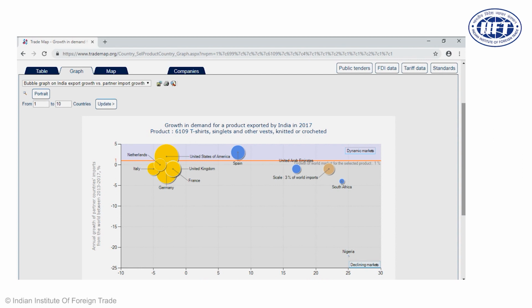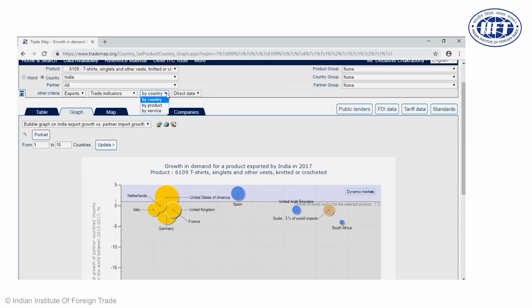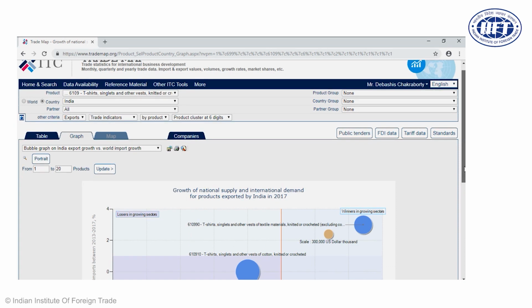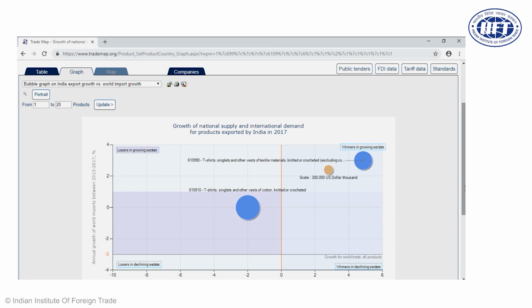So Spain is a dynamic market, a blue market which can be targeted in the short run. Germany is a declining market and yellow market, so it might be looked at in the long run. So a dynamic market blue can be targeted in the short run. A dynamic market yellow can be targeted in the long run. Now instead of country, if we go for product selection, we are going to find